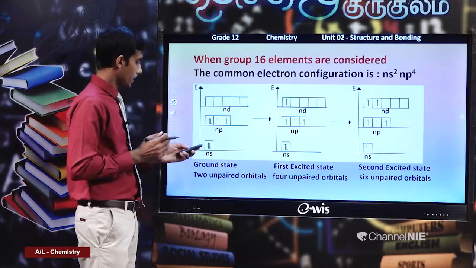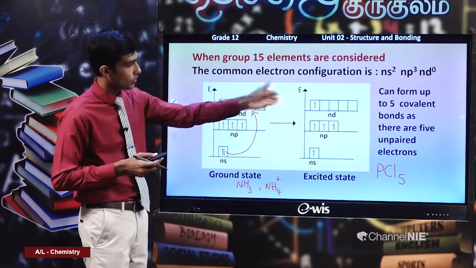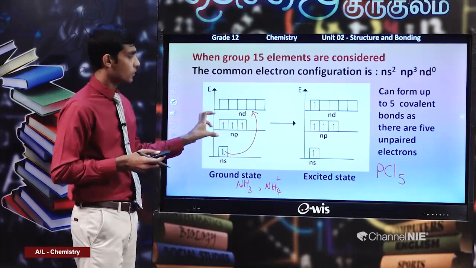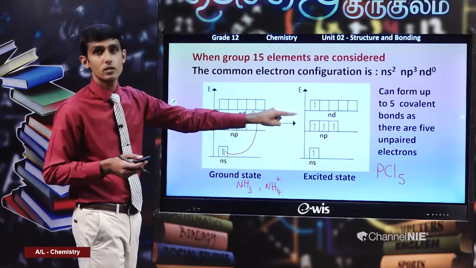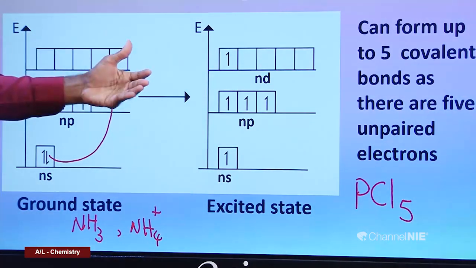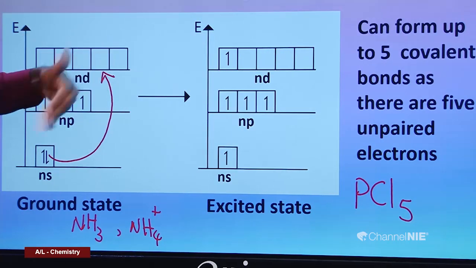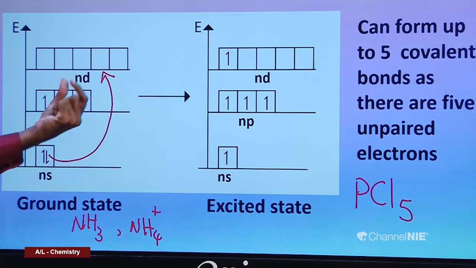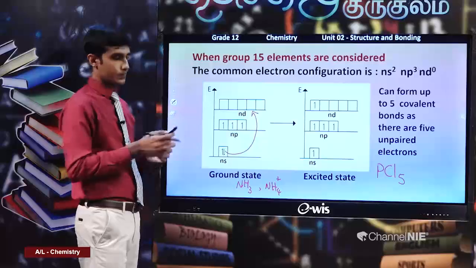Now, in the previous one, there is the formation of additional bonds. For example, if you think of phosphorus, here it can form a molecule like PCl3, but after the excitation it forms a molecule like PCl5. That means 2 more covalent bonds are formed, that means more energy will be released. That energy is enough or more than enough to compensate the small energy requirement here in order to bring this electron to a higher energy state.